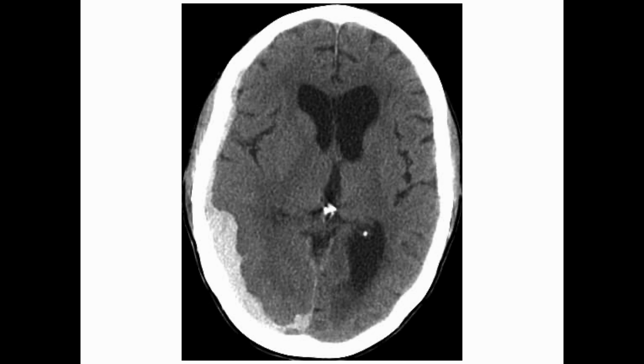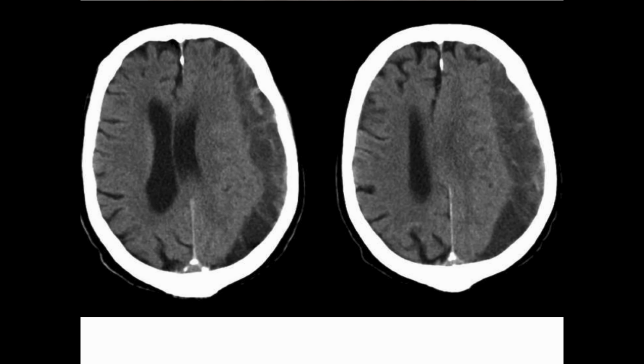Some pretty pictures. That's an acute bleed with the bright white blood on the left side, and then this is what we more commonly see, which is acute on chronic, with these sort of laminations, different ages of blood: fresh blood up at the top, and at the bottom sort of old altered blood. You can clearly see that's a sequence of images over time showing the same patient, and obviously a lot of midline shift has developed as they've continued to bleed and the swelling's developed. So obviously talk to neurosurgeons about these injuries, get a plan, document it, and admit them locally is generally the advice if it's a small bleed.